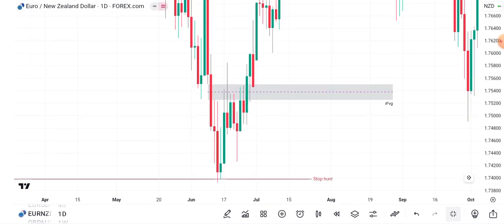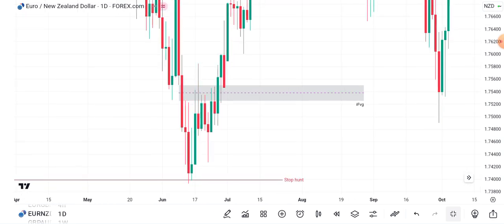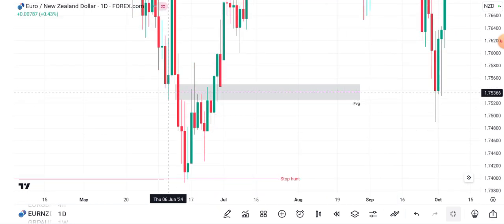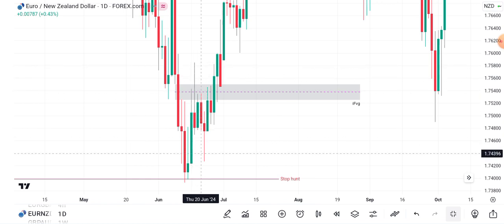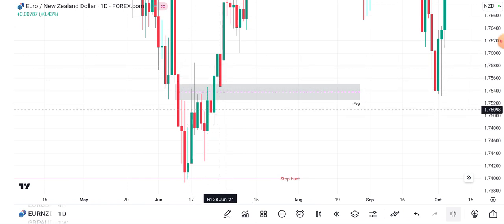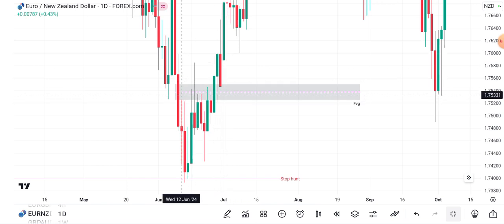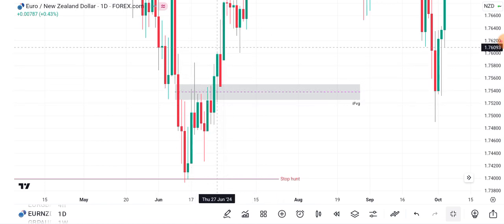Very important: you see how price first of all went through it, but did not close beyond it. The first time it came here, price did not close beyond it, so it went through it and rejected lower. Then it came and closed beyond it. On this daily time frame, I'm just trying to show us how this inversion fair value gap gives support